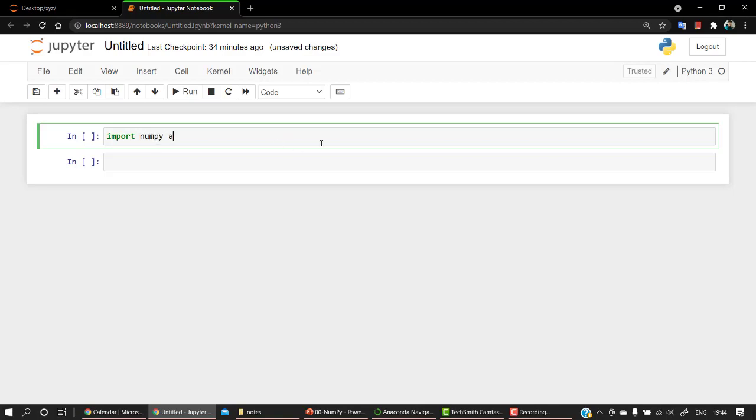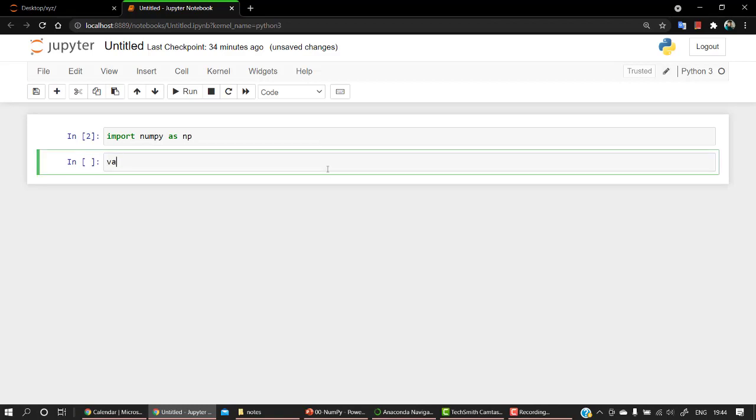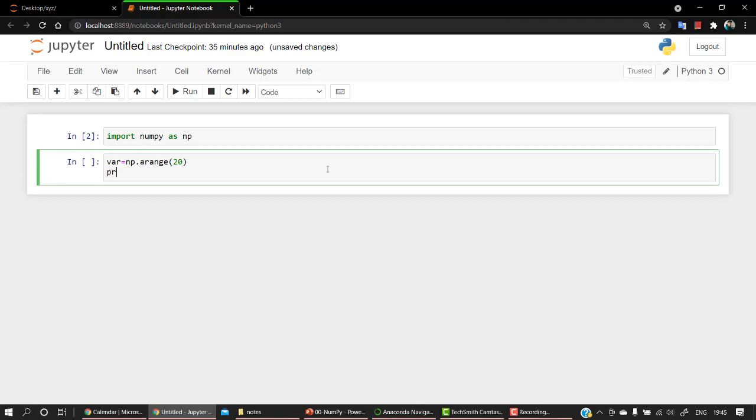Import NumPy as np, and then we create a variable using the arange method. I'll put a comment and move to the variable name: var equals np.arange. In the arange, you can give the values, how many values you want to arange. Now print